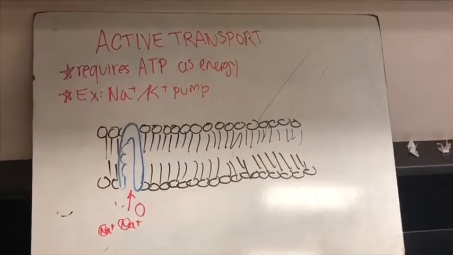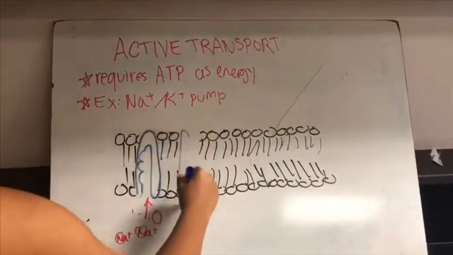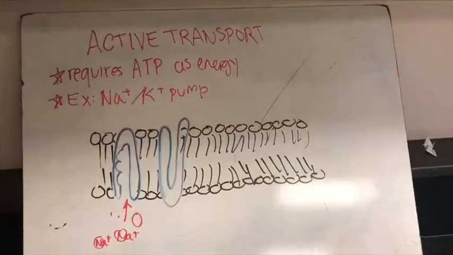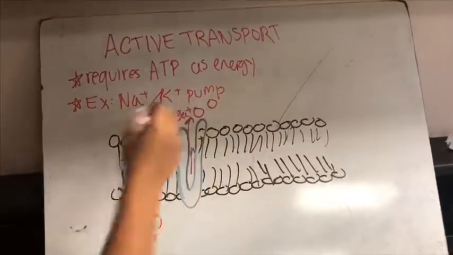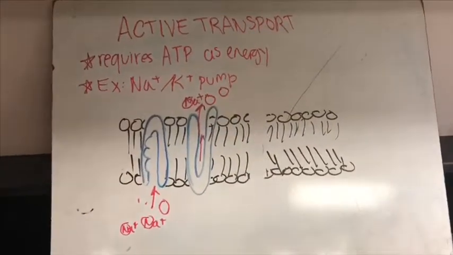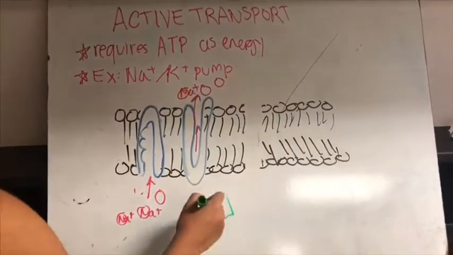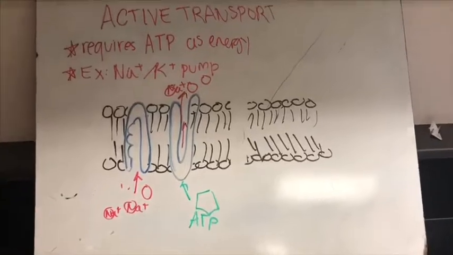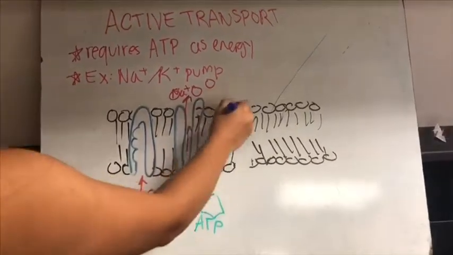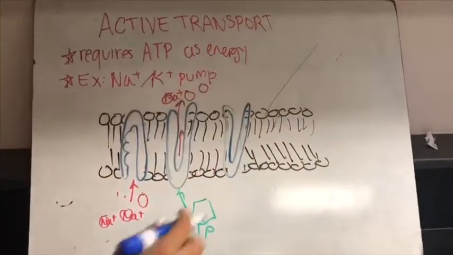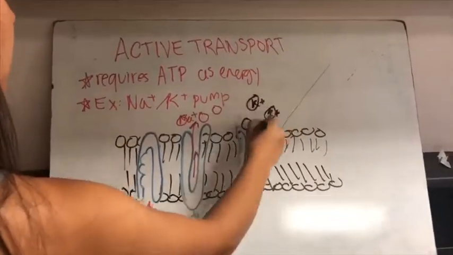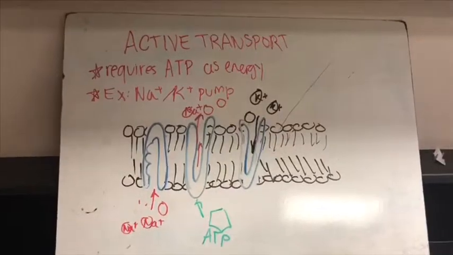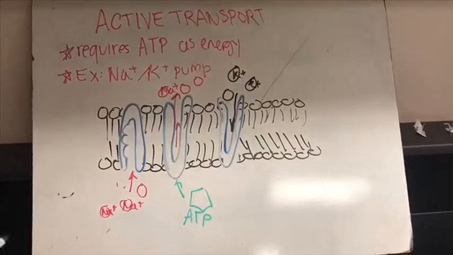So binding these sodium ions actually causes the pump to hydrolyze or break down ATP. And the sodium ions are also released into the extracellular environment. So one phosphate group from the ATP will attach to the pump, and ADP will be released as a byproduct. So now that it has a phosphate group, the pump will change shape and now has an affinity for potassium ions. So 2 of the potassium ions will attach to the inside of the pump,